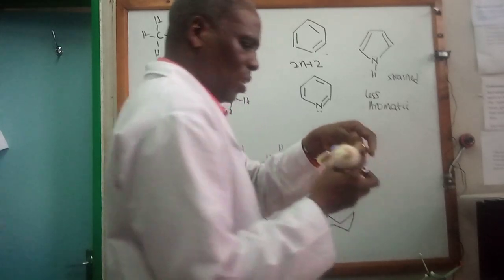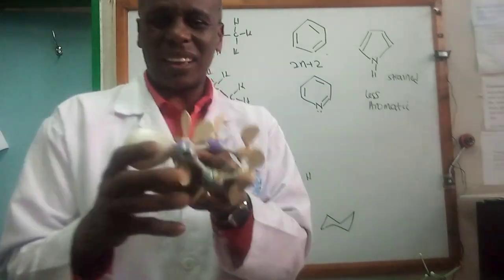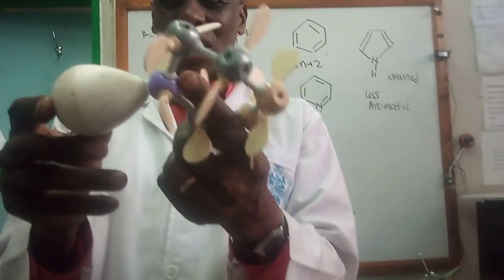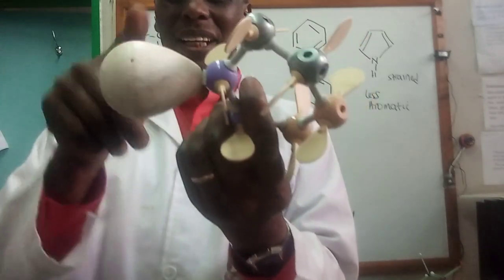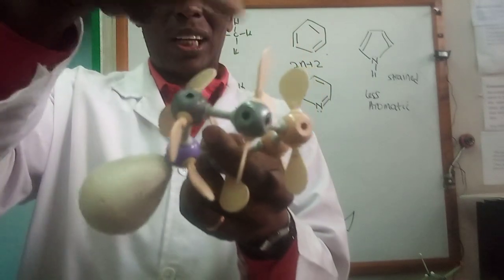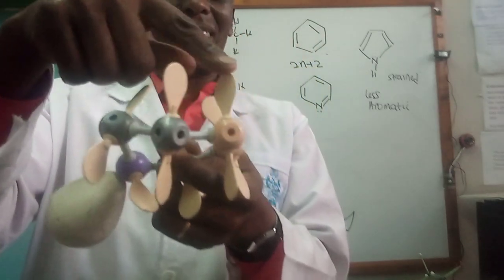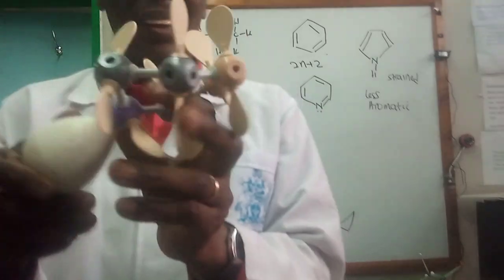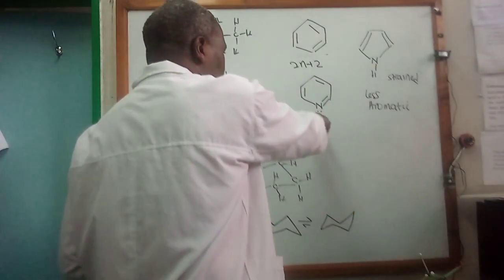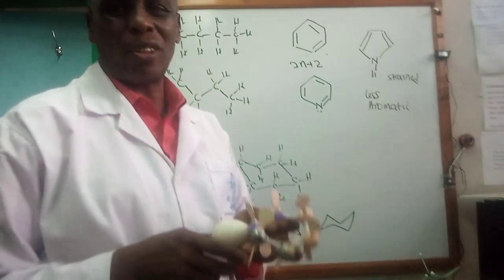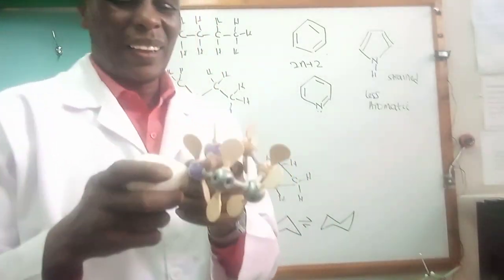Okay, so in this case, I've got this structure which I'm going to call pyridine. Pardon me for the big orbital, because I had a small number of these illustrations for these orbitals. The thing is, if I've got a lone pair on an atom which is participating in aromaticity, then